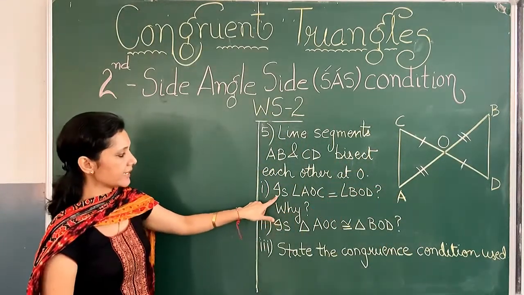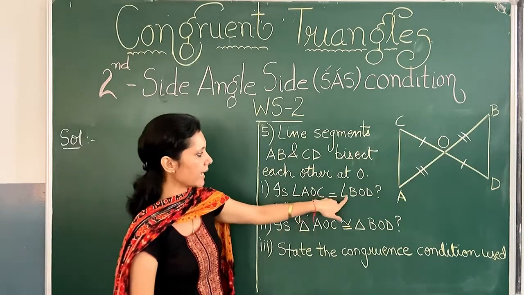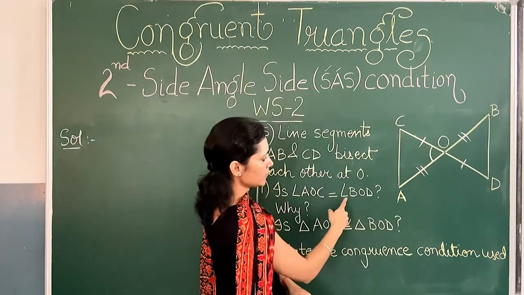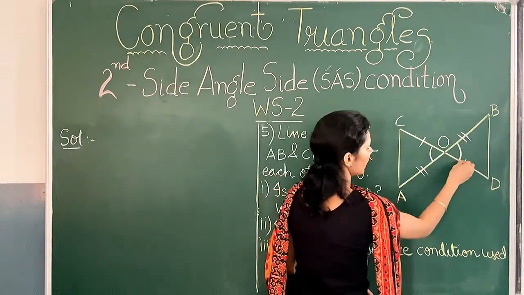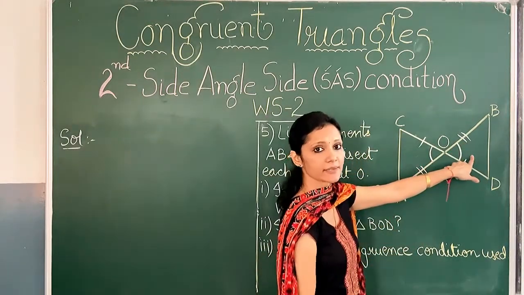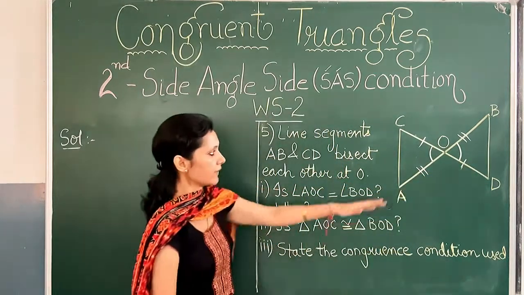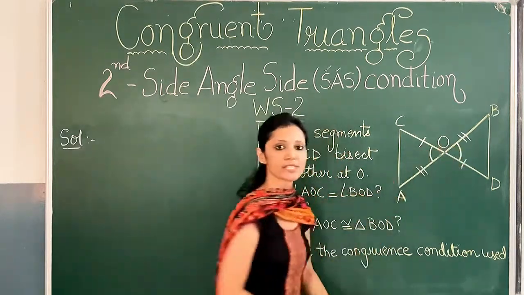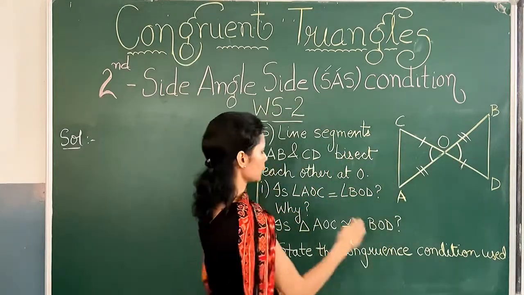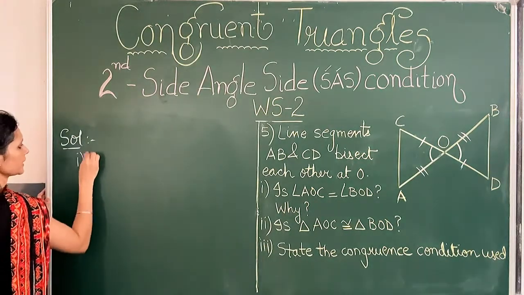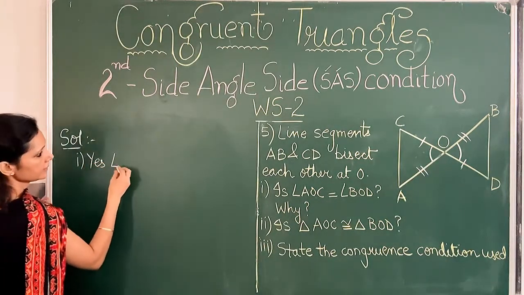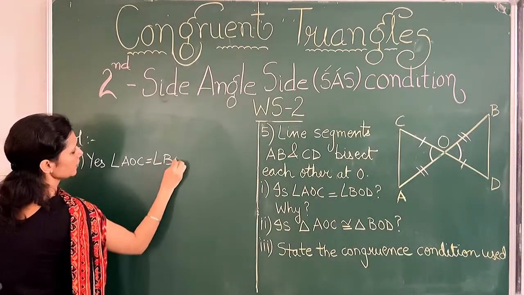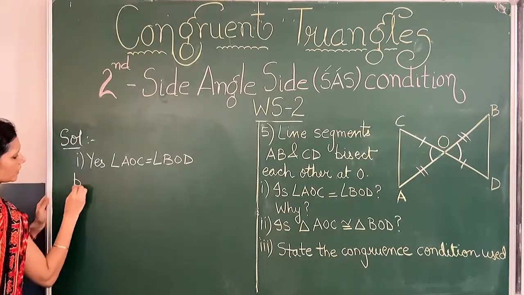Now they are saying, is angle AOC equal to angle BOD? AOC, that means this angle, is equal to angle BOD. Now we have to prove whether these two angles are equal. Since when two lines intersect each other, you know that these two are the vertically opposite angles and they are equal. So we would say the solution of the first part is yes, angle AOC is equal to angle BOD. The reason is because